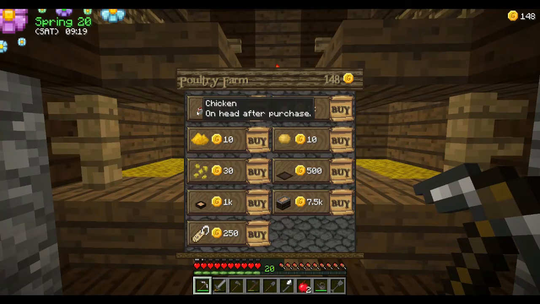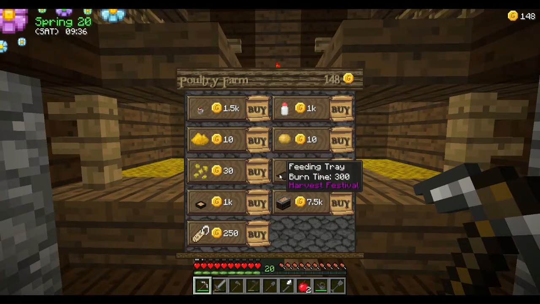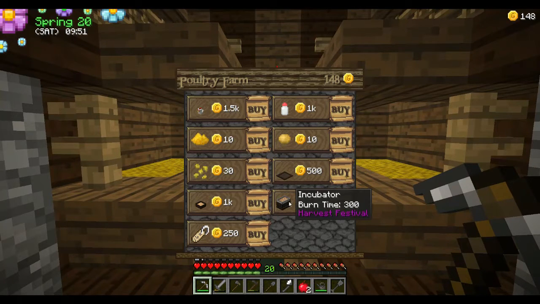I want a shop. So you can see here it's going to cost me 1,500 gold to buy a chicken. And then we've got animal medicine, chicken feed. So I'm going to need to buy chicken feed as well, I guess, to feed them. Whatever the treat is. Chicken treats. A feeding tray. Again, probably going to need one of them. It's 500 coins. A nesting box, if I want to actually breed them up, will cost me another 1,000. An incubator is